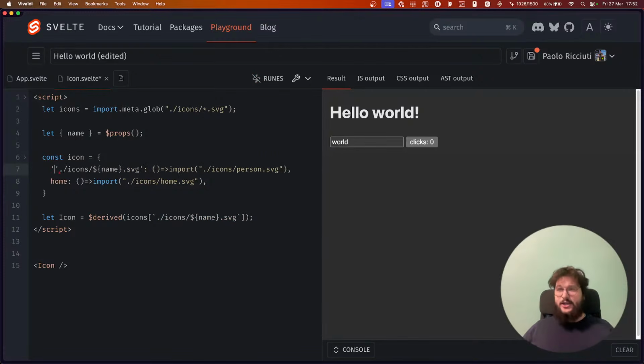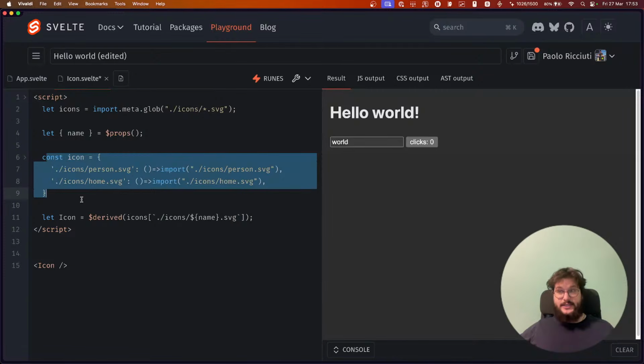So this is the object that would be returned from import.meta.glob. So basically, the object that import.meta.glob returns by default looks like this.